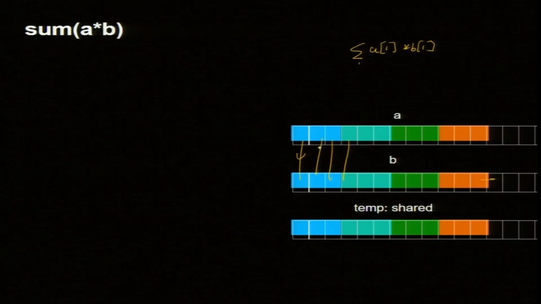But how do I sum? Because this thread will say I do not know what you have done, I can't talk to you. So what should I do? Go to the shared memory. The product you can put in shared memory. This is, in fact, I will say that I put a C_i. Now C_i is in shared memory for each block.